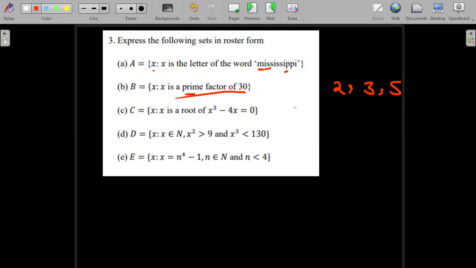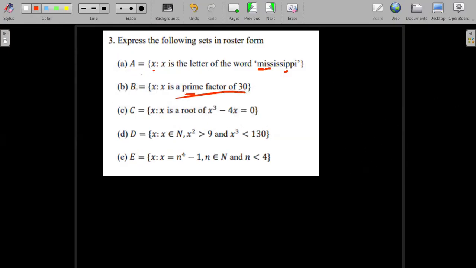5 divides into 30. That's how many times? 3 times. So not 3 times. That divides into there 6 times. So these here are the prime factors that I'm going to want to get. So these here will be the ones that will be contained in the set B. So B is just going to be a set such that I have 2, 3, and 5. These here are my prime factors. Okay, I move on to